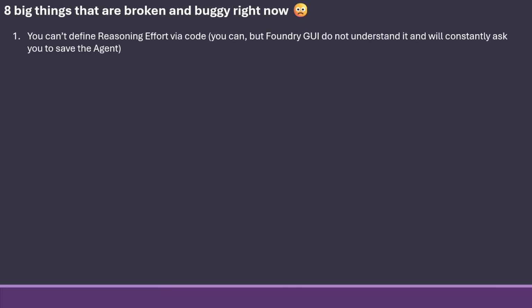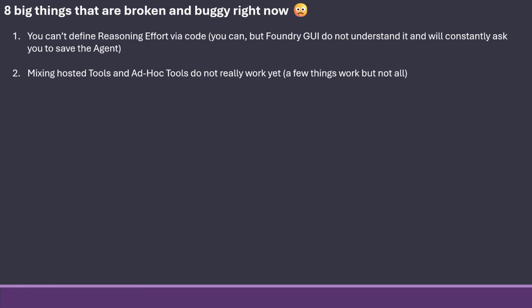First up, one of the big problems is that we can't set the reasoning effort. We could go up in the GUI and do it, but then we couldn't use code to make our agents. So if you want to live with needing to set the reasoning effort in the GUI instead of in code, you could live with this problem. To me, reasoning effort is so important because it's simply too expensive to run the ChatGPT-5 models with reasoning on for every single little question. For the good stuff and hard and complex stuff, it's really good. But for the other ones, I want to go down to minimal or none, and we can't do that.